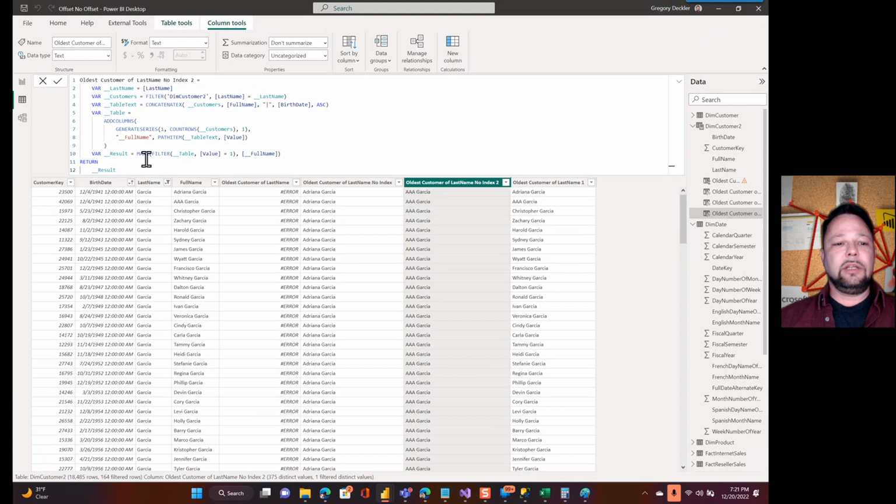So as you can see, that doesn't change, but if I change this value to, I think, 2, then we get Adriana Garcia. So again, AAA Garcia is the first one, Adriana Garcia is the second one. So it handles the duplicates pretty much flawlessly in this case, because they're just going to stack up, but they're all going to have unique IDs, because one of the nifty things about doing things this way, where you concatenate things up into a path and then grab them out,